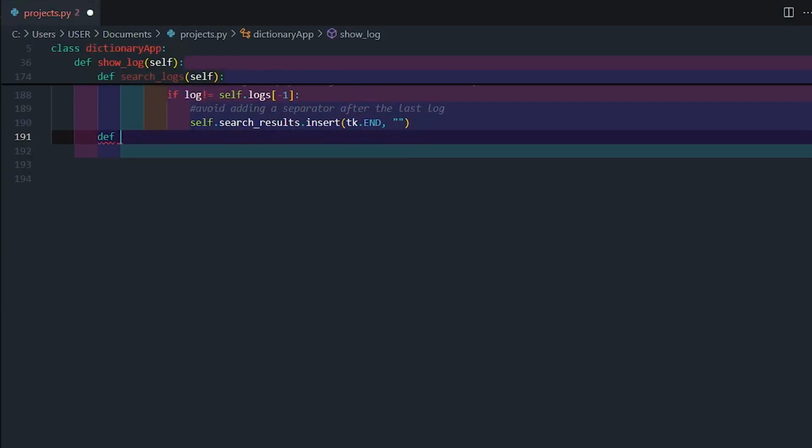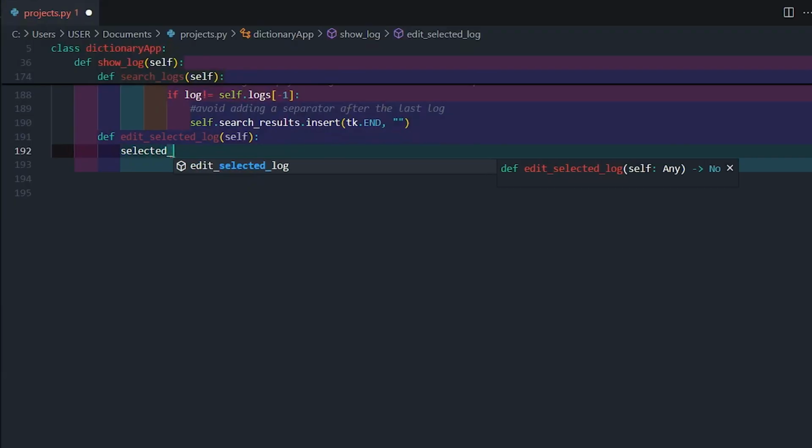Another function, edit selected log, self. Any log that you click on in the display area, you can click on the edit button to edit the idea, the tags, and the definition. Just to refresh your memory,